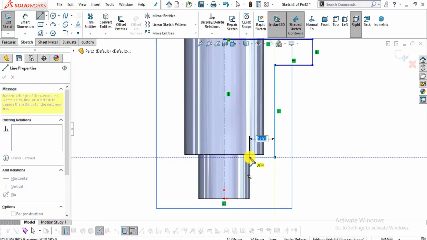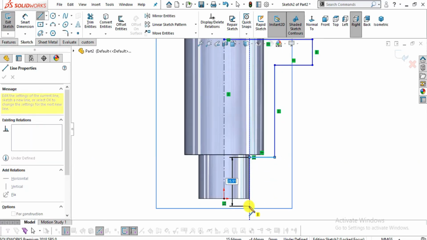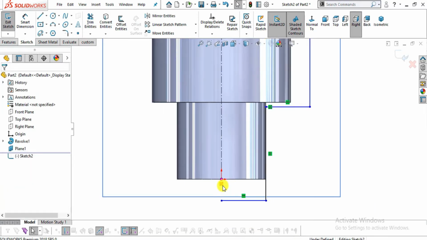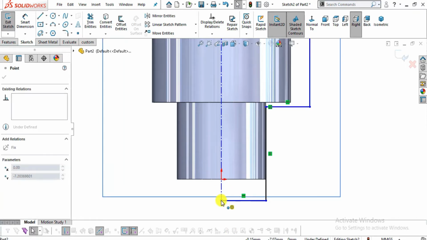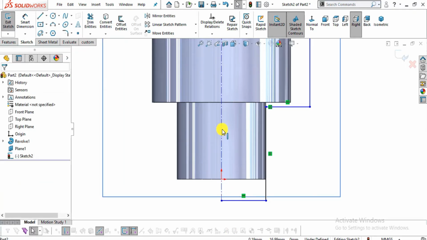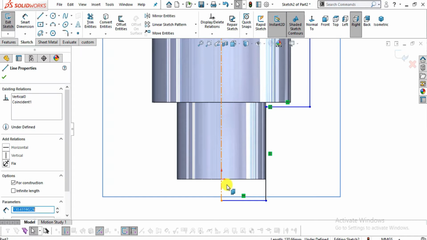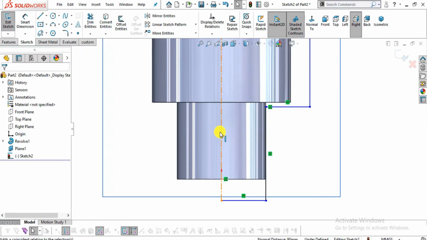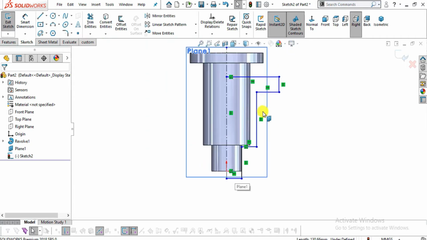Now a little bit of inward and up to here, because it ends a bit lower than this body. Let me delete this relation and drag it up to here. I am going to add one more relation. Select this line and select this origin point. Make them coincident so that this line doesn't move from this origin point.